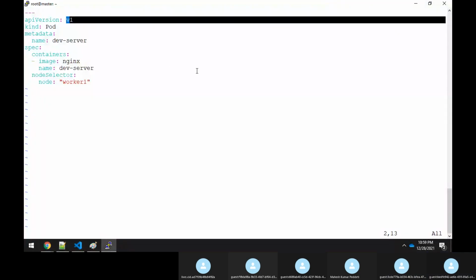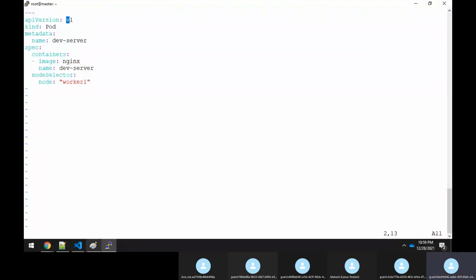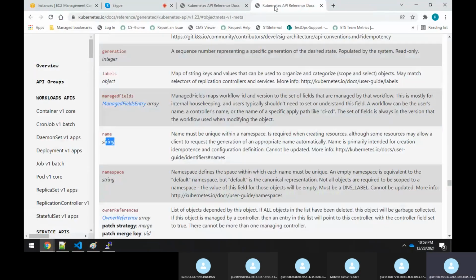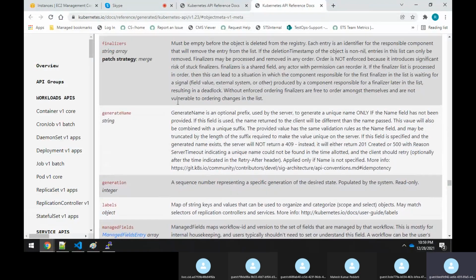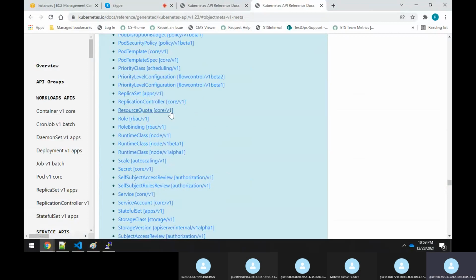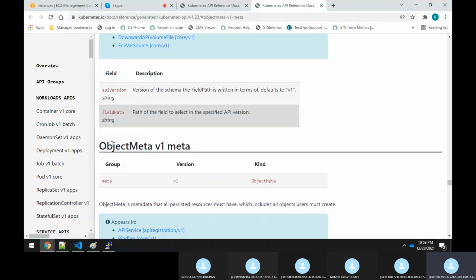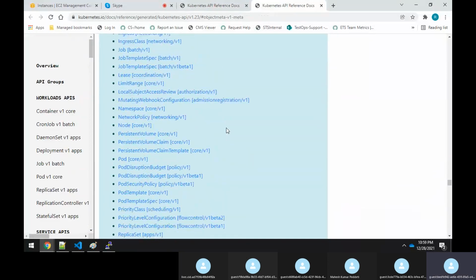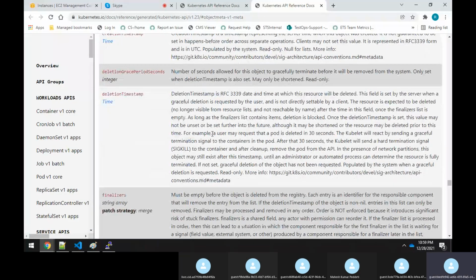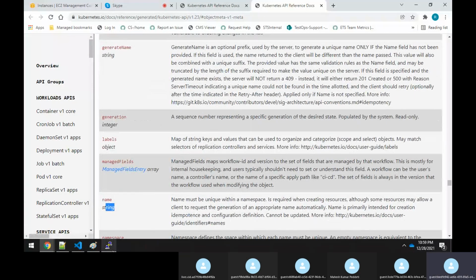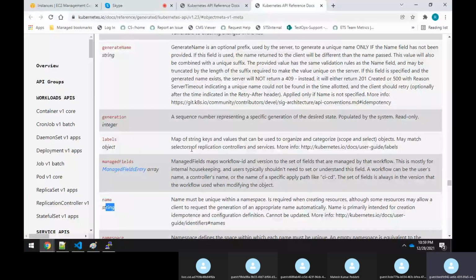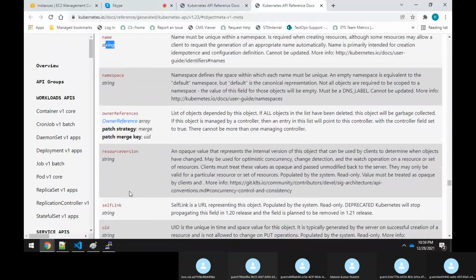Now, after that you have the metadata. Under the metadata, you have opened the meta object type, object meta. Under here, there are a lot of fields, but for me the important one is the name. I have put name colon, the pod name, something like Dave server. After that I can even put the UID.